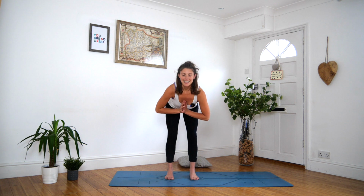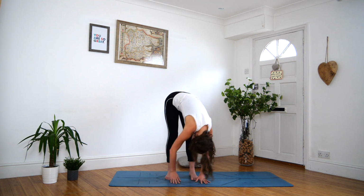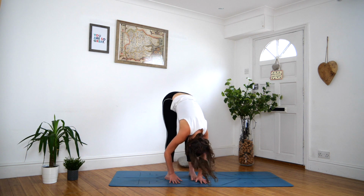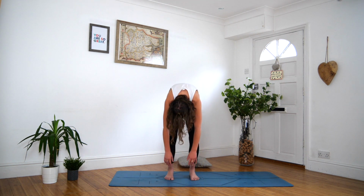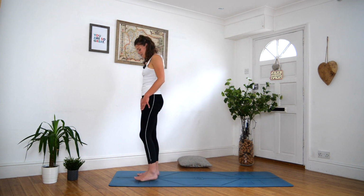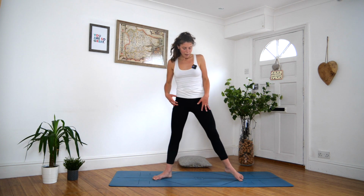Take an inhale. And as you exhale, lengthen the legs, fold. Rinse it out. Let it all go. Beautiful. Find some softness in the knees. Plug the feet down as you inhale, roll up. Exhale, shoulders back and down. Fabulous. Okay, from the top of your mat, let's step the left foot to the back of our mat and